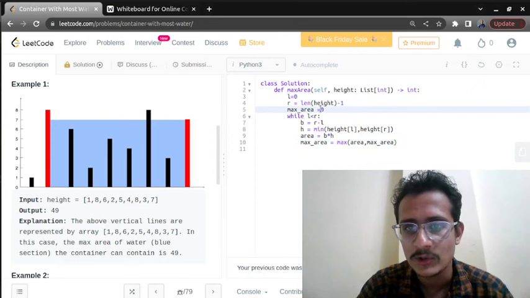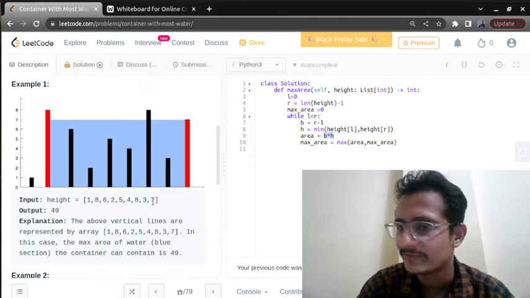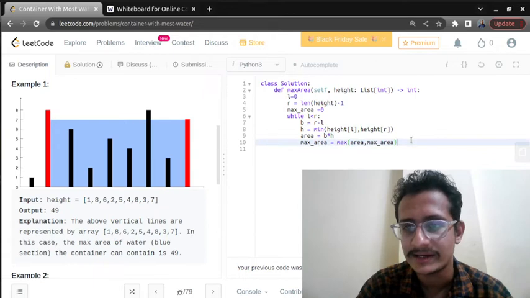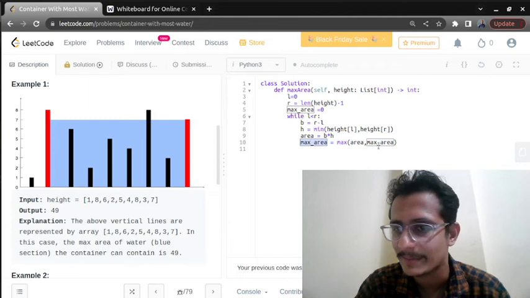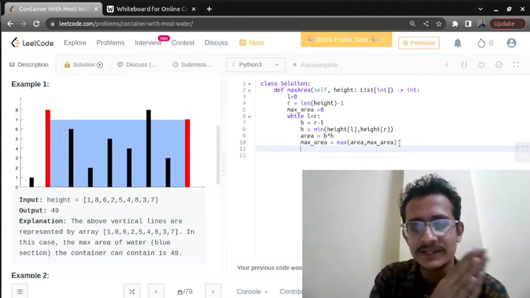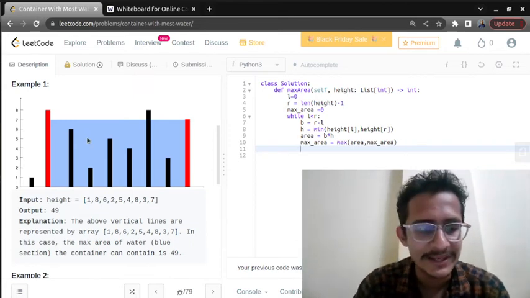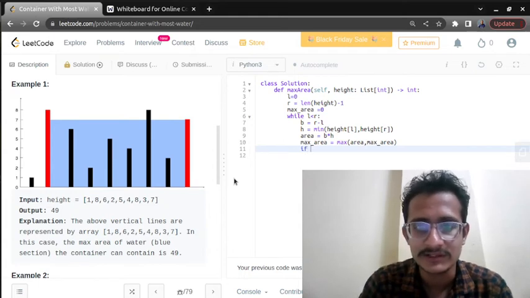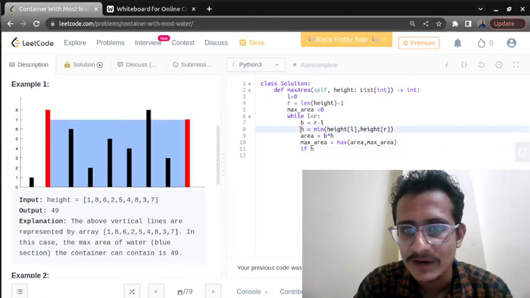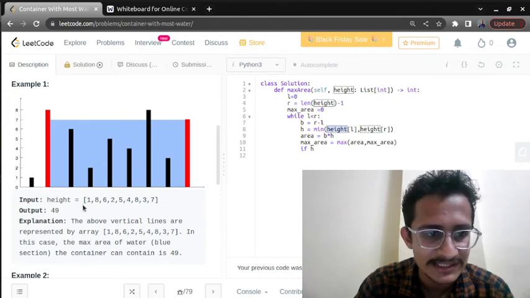First the value here is 0, and here we are going to get some value. So what value are we going to get? We are going to get the value as 8 into 1. So 8 will be the answer, so it will be updated, and further on as soon as the area value changes, we will store the maximum area with us. Now I told you that we need to move the left pointer and right pointer according to some condition, meaning whichever is smaller we will move that one. Suppose here in H we get the minimum of the two. Suppose the minimum is left in the first example.